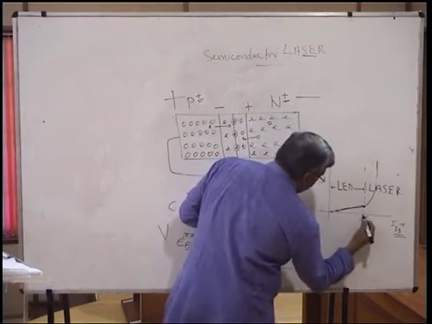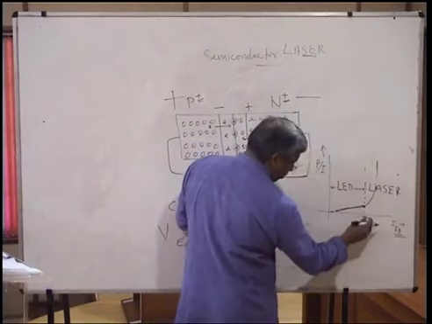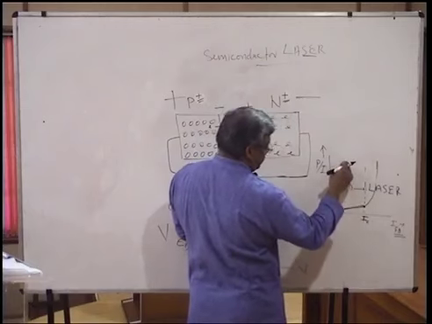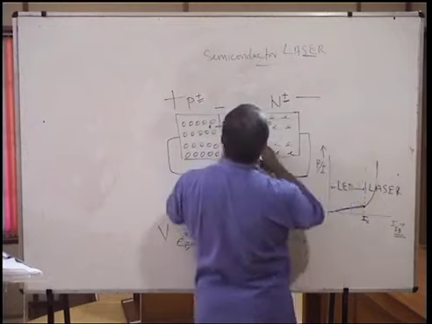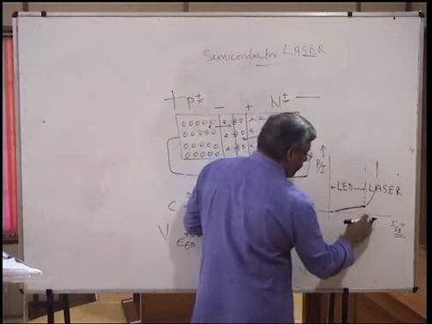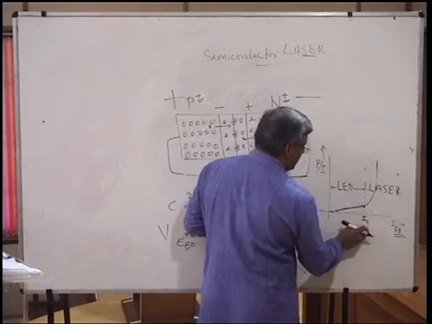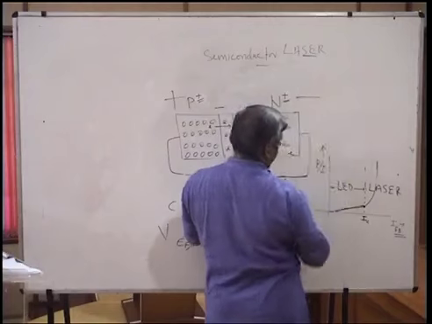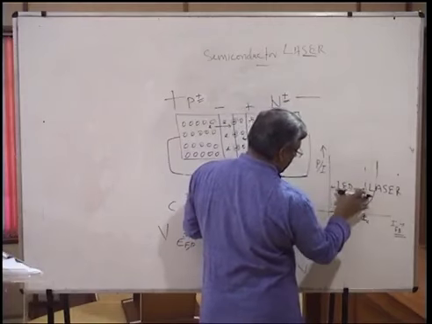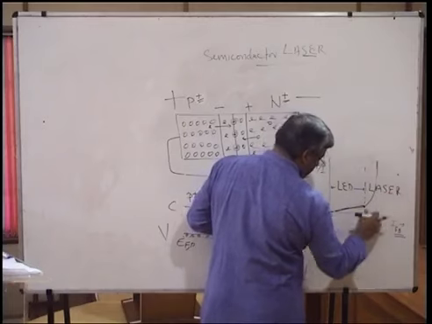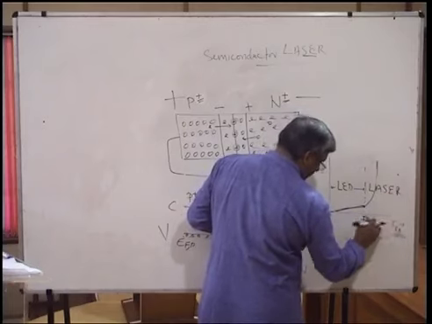Forward biasing current below IC will give you LED, which is due to spontaneous emission of photons. Whereas, if the forward biasing current is greater than IC, then you have stimulated emission of radiation. You have laser. So here you have the light emitting diode, and here, in this regime where forward biasing